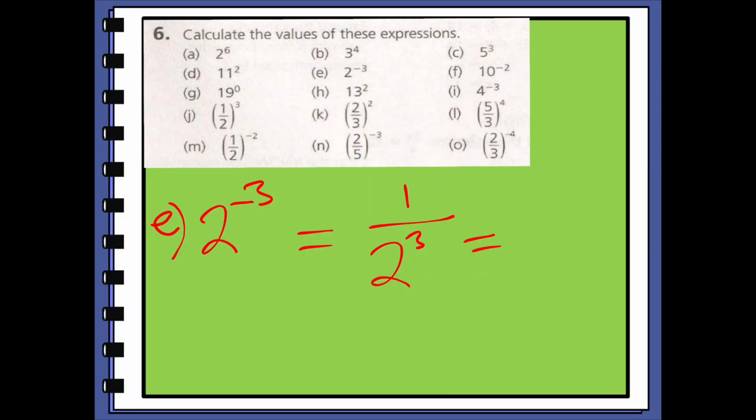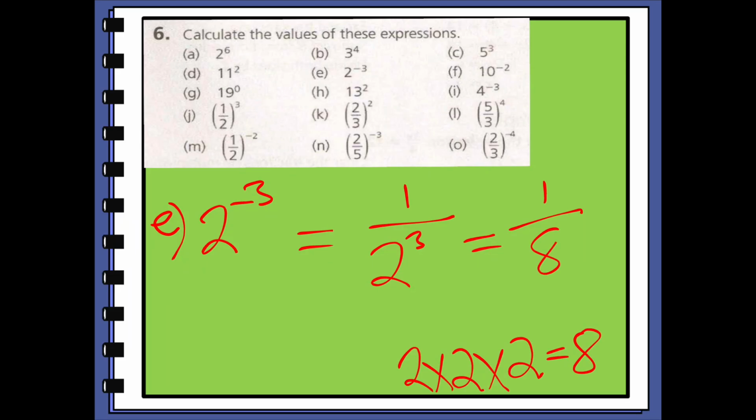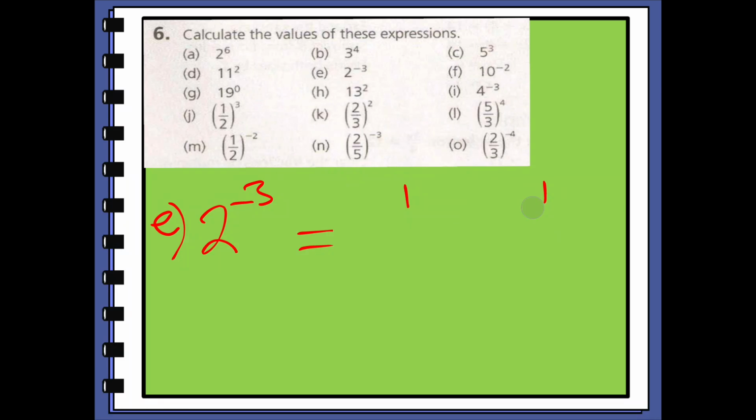Then you evaluate. This means 1 over, what is 2 times 2 times 2? 1, 2, 3. It's 8, right? So here it's 1 over 8. So you can use that rule of indices just to make sure that you've gotten the point. We can also try to answer